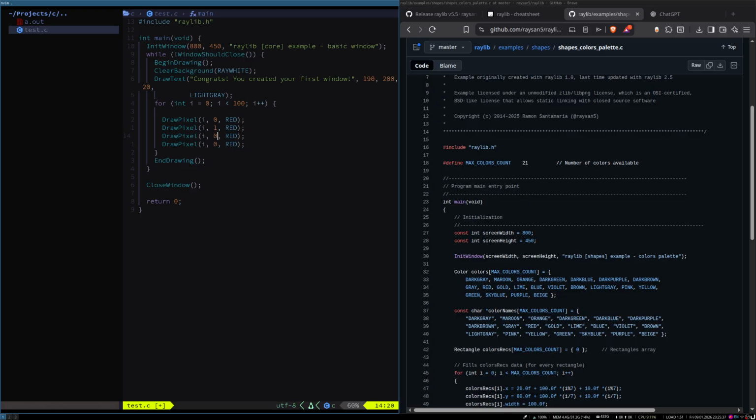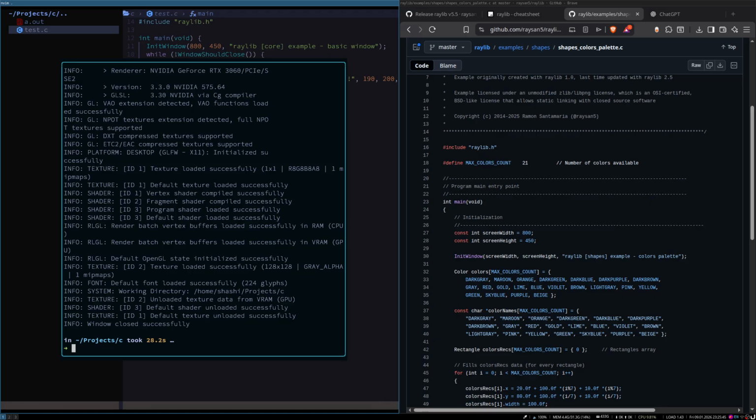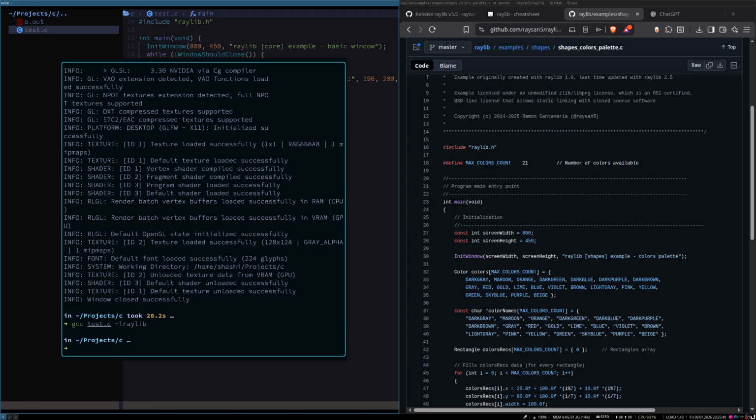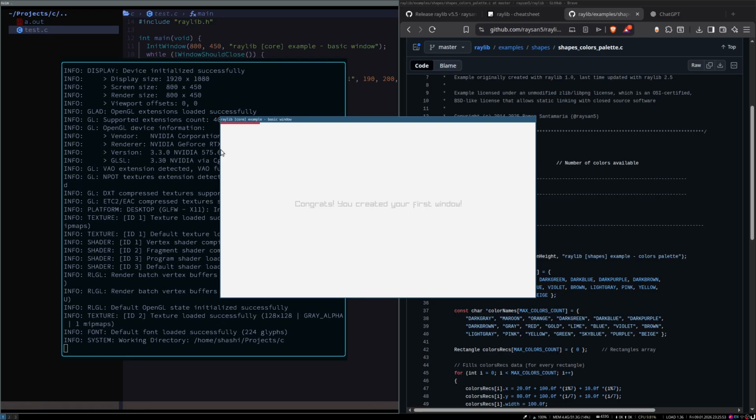This is 1, 2, 3. Okay, see. Edit down. Yeah, this is a 4 pixels thick line,